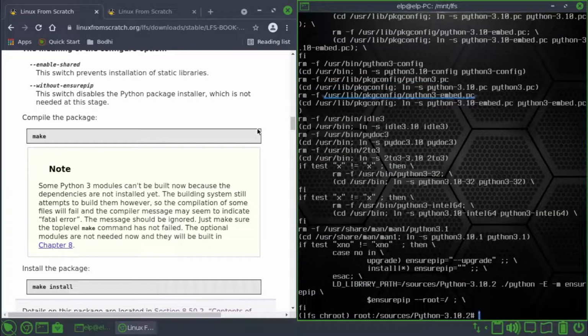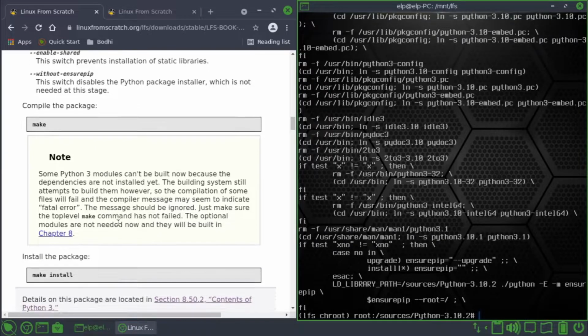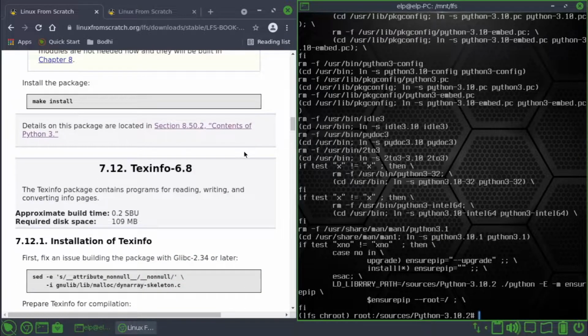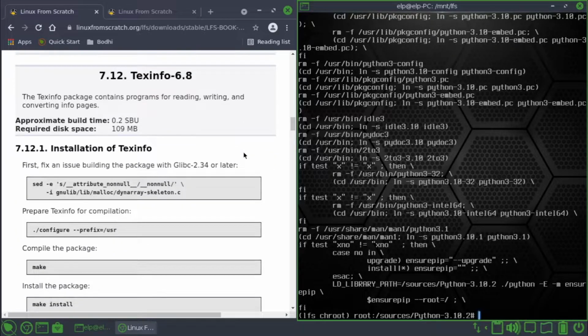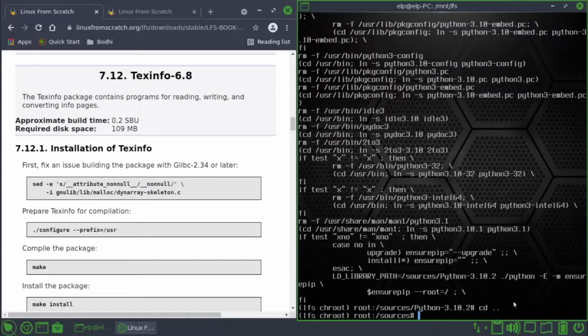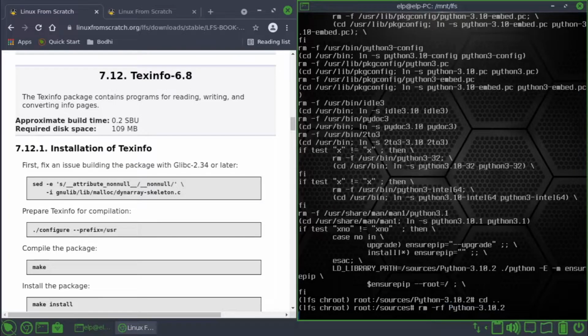Okay, now Python is installed. Let's go to the next package, Texinfo. So I will come back to sources, remove the Python directory with rm -rf, recursively forced, and then tar xvf